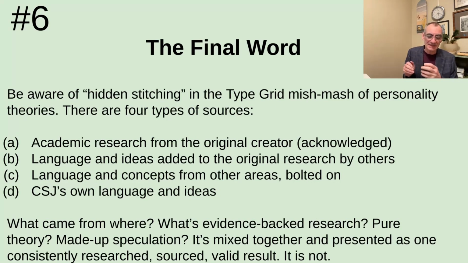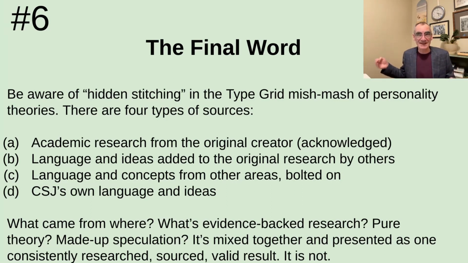What really should be done here is to go back and give credit to what came from where. Go to the interaction styles and say, this is Dr. Linda Berens, specifically call out here's the stuff that's hers, and then bring in the CSJ content and say, okay, these are my keywords and my thinking, or this is something that came from another third party, and if so, whom? And then you could tell what came from whom,